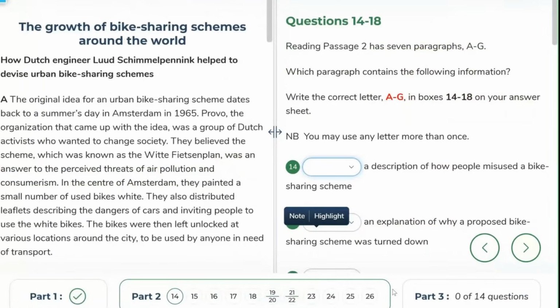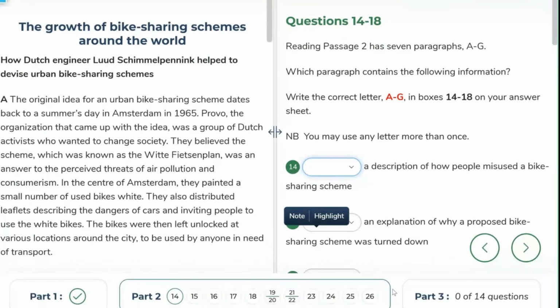There are 4 questions which we are going to solve. I'm going to tell you how to read the question, go to the passage and scan the right part of the passage, and then after that you have to read. Okay, so let's get started, and after this you're going to tell me out of 4 questions how many answers are correct, right? So we are going to start with part 2, and the title is Growth of Bike Sharing